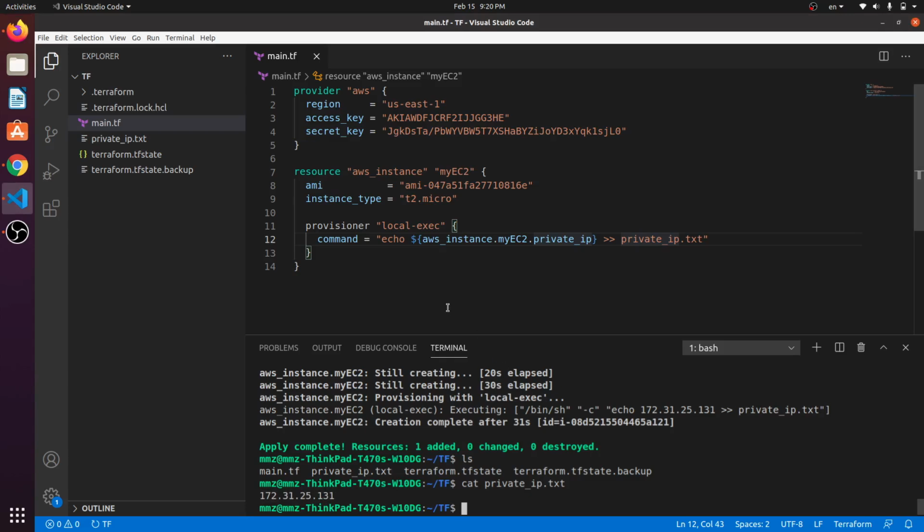Okay, so you can see that the local provisioner here will run a specific command on the same machine that has Terraform installed. Okay, so I have Terraform installed on my local machine. It will run this command locally. As you can see, the command was to echo the private IP and store it inside this private_ip.txt file. All right, and yeah,